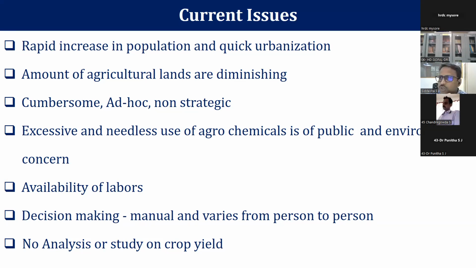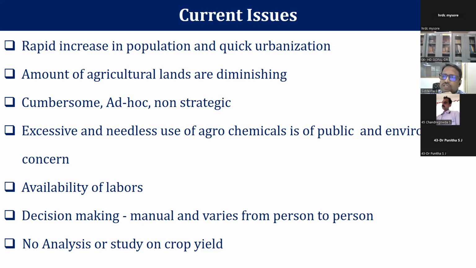There are so many reasons for the minimal yield, and one of them is that there is no variability of crop in the field. People are growing similar crops. If they grow paddy or ragi or something else, they keep doing the same thing in the same field for many years, even 10 or 15 years. There is no variation of crop in the same field. That is also one of the issues.